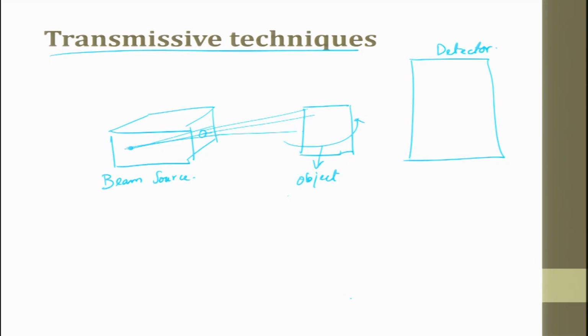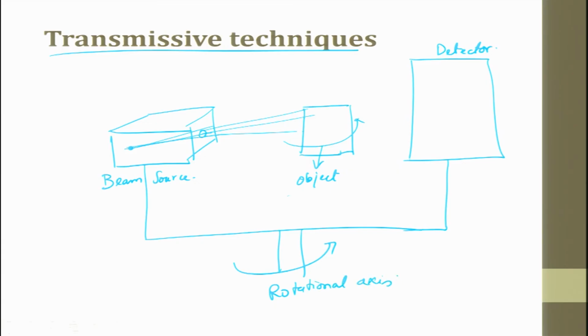The beam and the detector at a fixed distance can be used, and there can be a rotational axis around which it can rotate. In the detector, you get an image, something like an image projected on the detector, where the beam hits it. This detector is divided into several pixels, and from each pixel you get a frame of data.